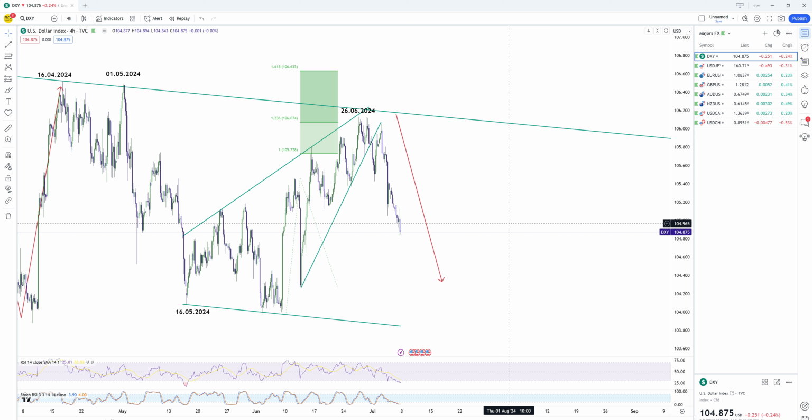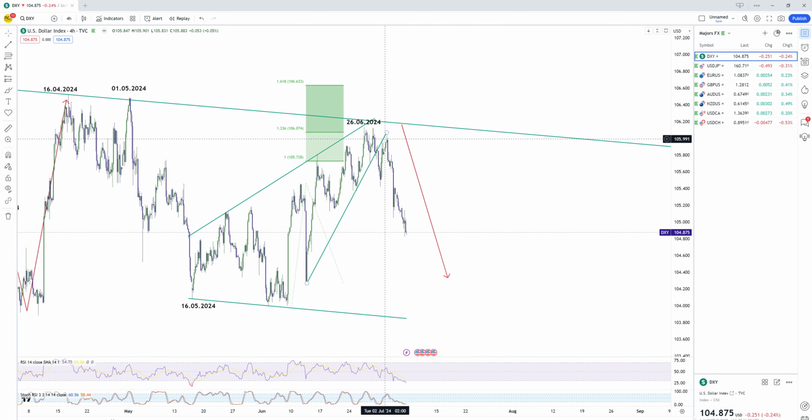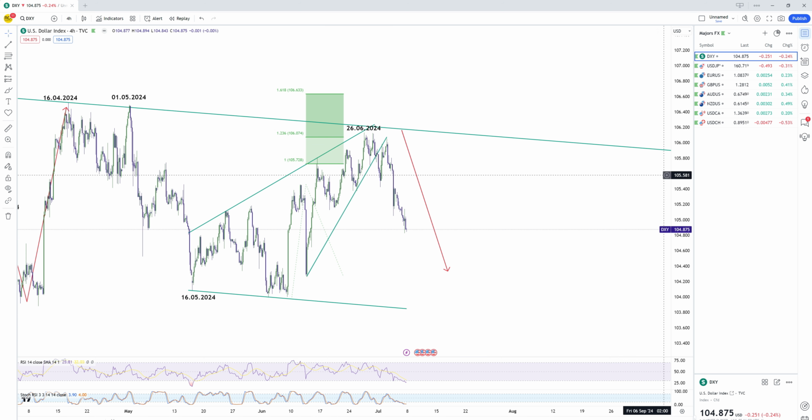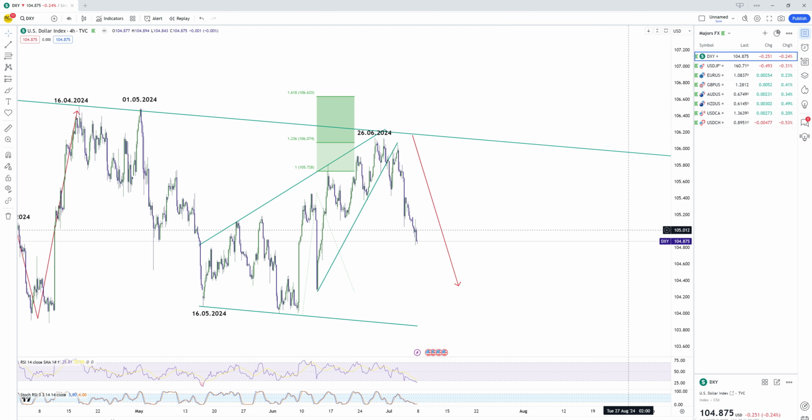And we have started off the month of July last week with the moves as expected. As we said, with the new month, the market should have started moving. We have been expecting the dollar index to start falling from this corrective wedge technical pattern over here. The overall bias was to the downside, and this is what we have been expecting last week from the dollar index, amongst other pairs and other instruments that we have explained.